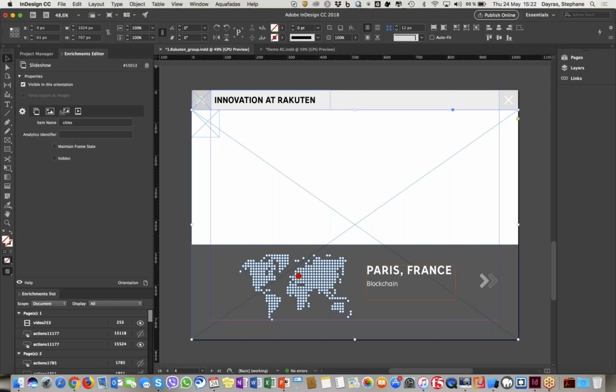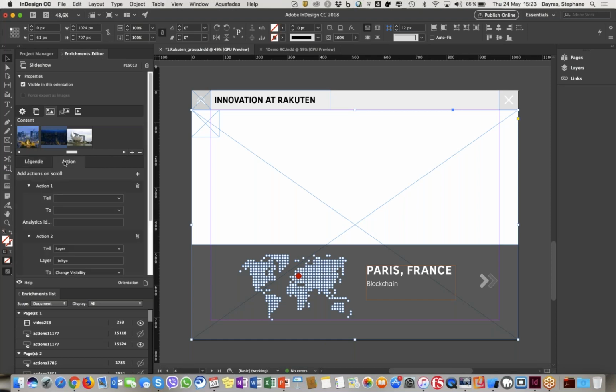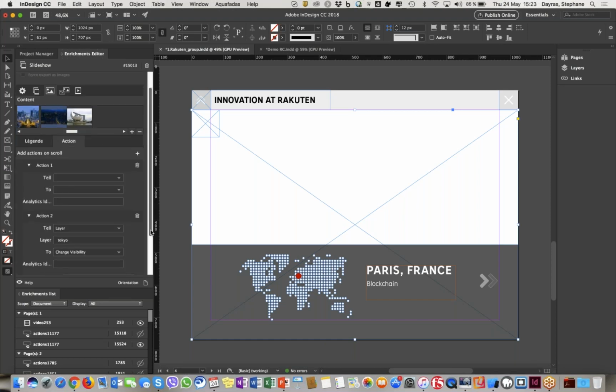If I click now on a box or a frame which already has an enrichment, you can see that this is turning to the enrichment parameters now. So it says this is a slideshow, and I can access now the configuration and parameters of this enrichment. You can see the name, first of all, then I can click on other parameters for scrolling parameters, and last but not the least, all the pictures, which are already set, by the way. If I click on the first one or second one, I can see there is no caption there. This is normal because we decided to add actions, in fact, in that case.